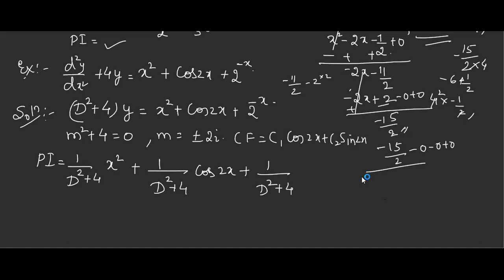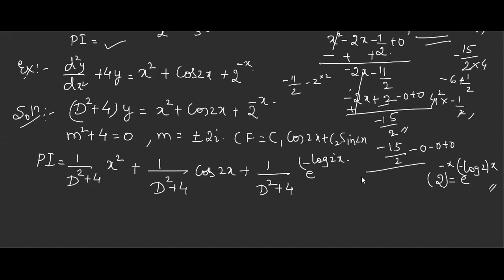No. 2 raised to minus x. Don't you remember? First case we have taken it. 2 can be written as e raised to log of 2. Remember, if it is only a constant, no problem. Constant raised to some x it is. So if I raise the power by minus x, it becomes minus log 2 into x. Am I correct? So how will I write it? e raised to minus log 2 into x.